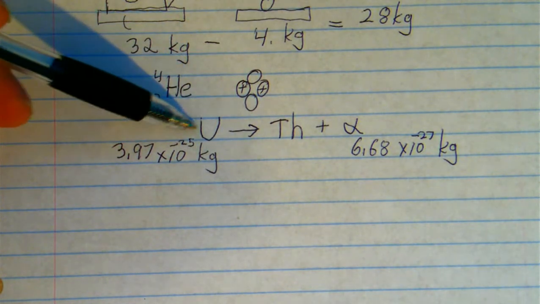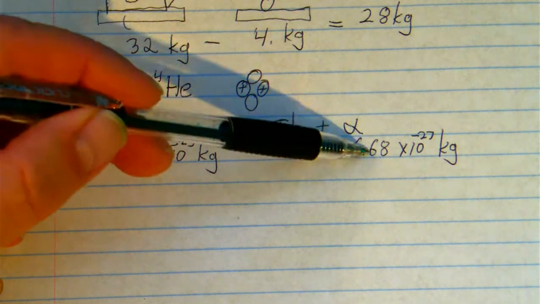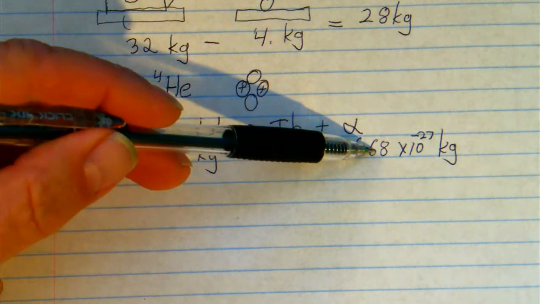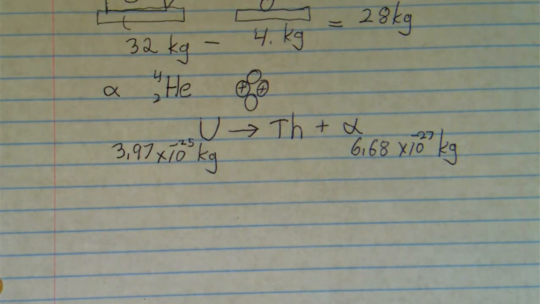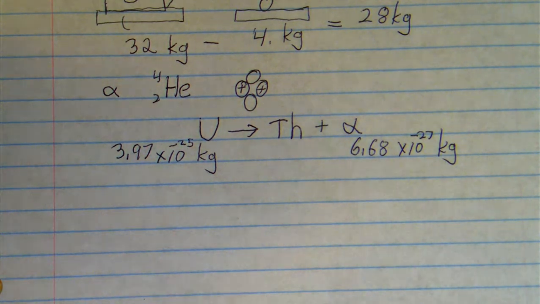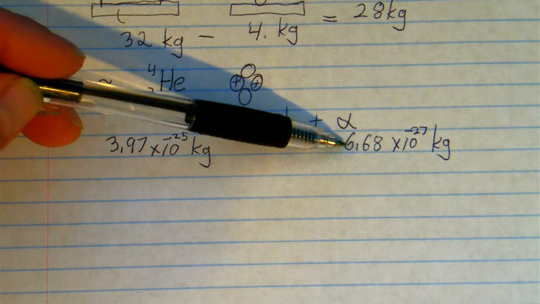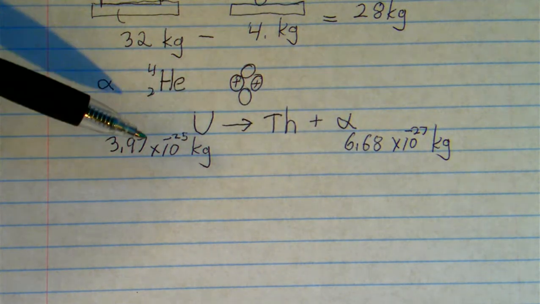They gave us the mass of the uranium. They gave us the mass of the alpha particle. So how do I get the mass of the thorium atom? Tyler. That is correct. You would get it by subtracting the mass of the alpha particle from the mass of the